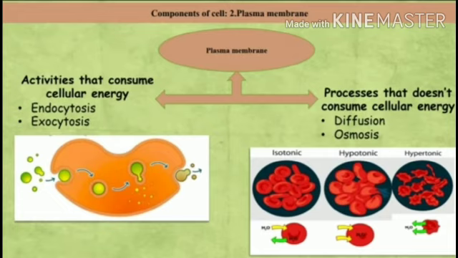Now the third one is hypertonic solution. Now here the cell has more water than the outside medium, so water comes out of the cell. Example, if fruit pieces are kept in a thick saturated sugar solution, the water from the fruit pieces enters the sugar solution. So the fruit pieces shrink after a while. If a plant cell or animal cell is kept in hypertonic solution, water comes out of the cell by the process of exosmosis, and this is a contraction of cytoplasm. This process is called plasmolysis.